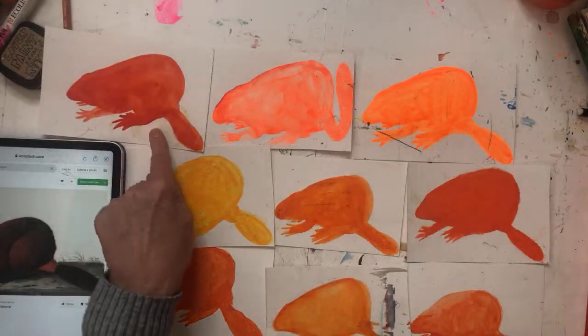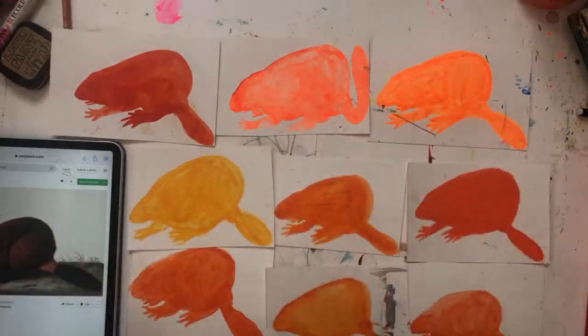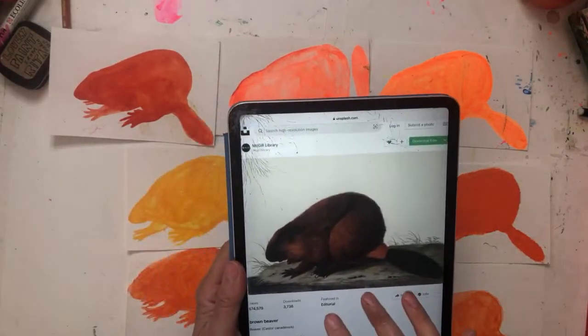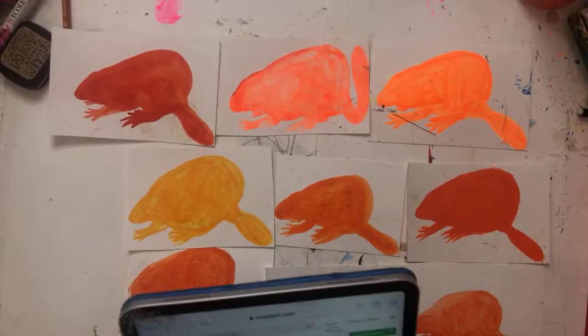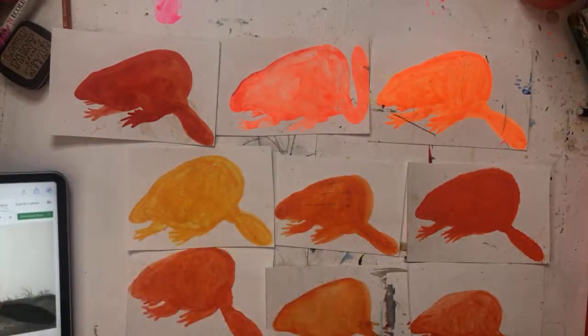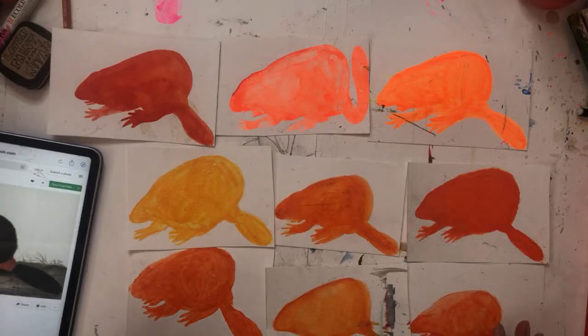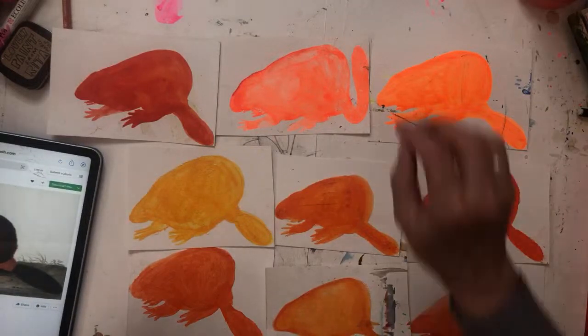I think my favorite is still the gouache, and I am going to start putting little faces on them and giving them a little bit of detail. We have half an hour left, so that's perfect. This is the image that I'm working from. It is an illustration by the McGill Library, and it's on Unsplash. I really like it. So, using different mediums now to go over the top.